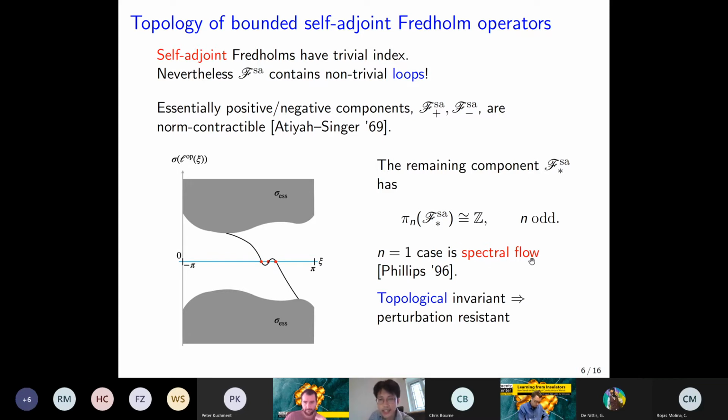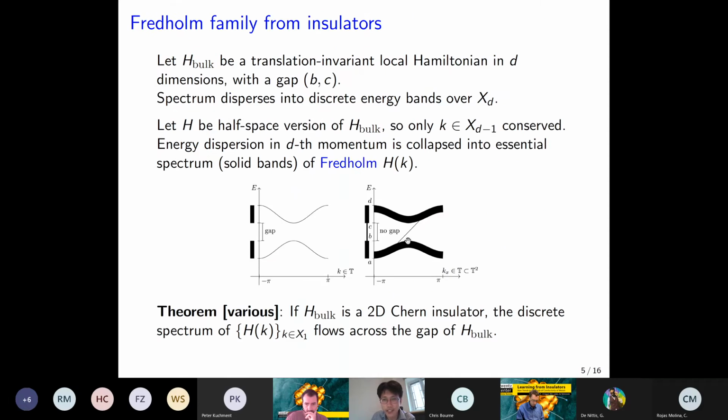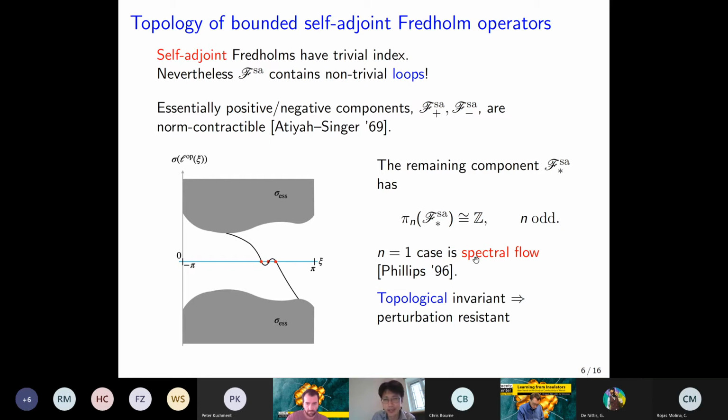To make it precise in such a way that it's actually a topological invariant, you may use the definition of Phillips in '96. Now, the point behind this sort of abstract analysis is that actually your real operator would not have spectrum that looks so nice. It may be perturbed. Okay, so I gave you a very nice picture of spectral flow just now, maybe in an exactly solved toy model, but in practice, the perturbations might make it look very complicated. Okay, but the point is that whatever the perturbations, you can control the class of perturbations which conserve the spectral flow by the topological invariance of the spectral flow.